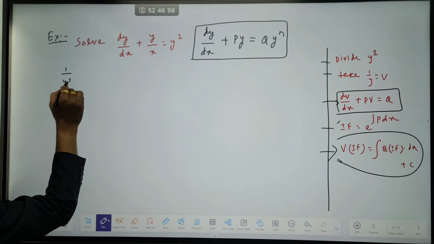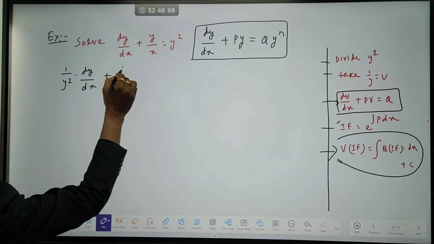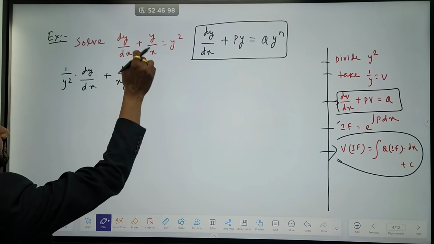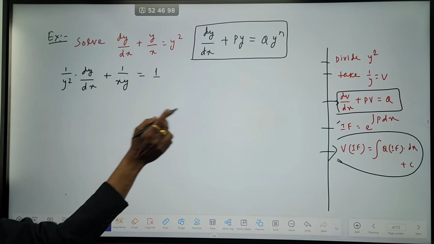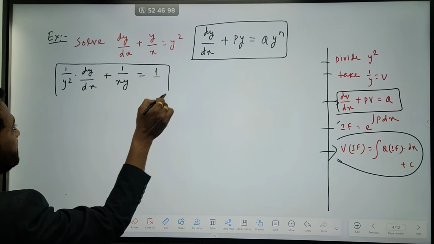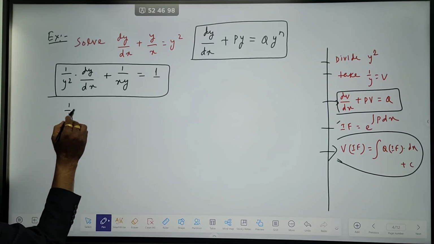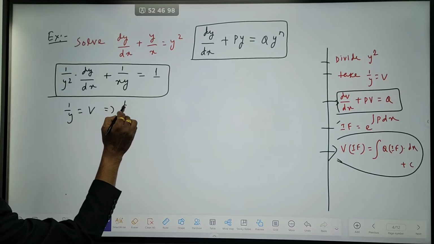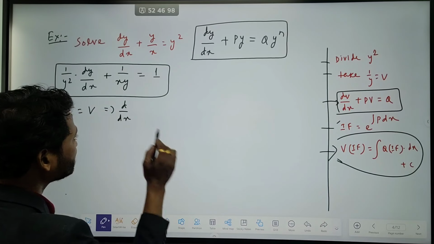So it will be 1 by y square dy by dx plus 1 by xy, we are dividing by y square here, is equal to 1. Okay, and step number 2, this is your equation. So step number 2, we will take 1 by y is equal to v. So if we differentiate this function with respect to x,